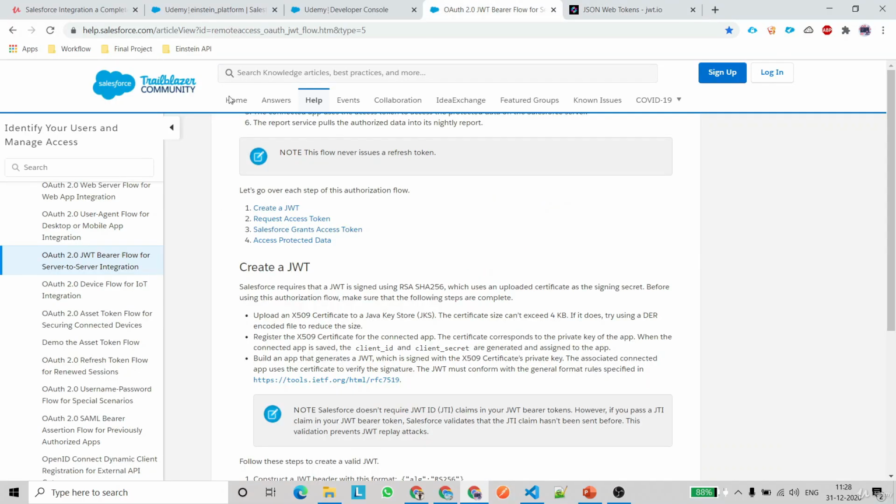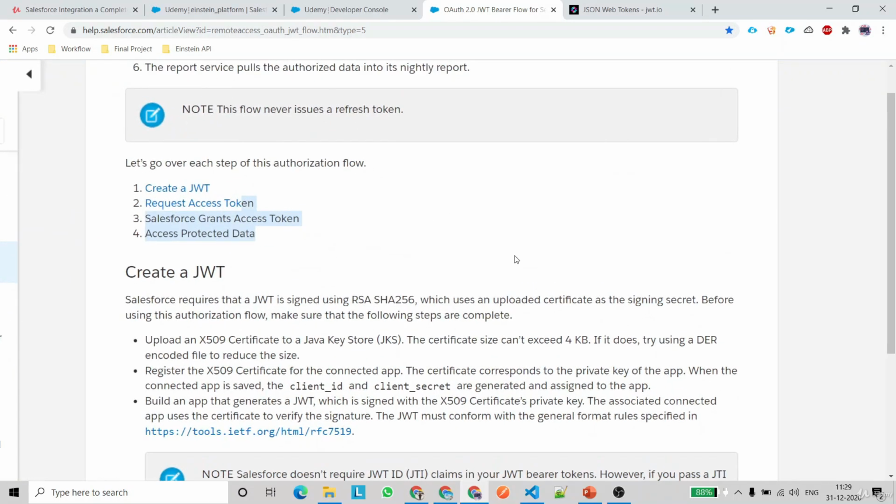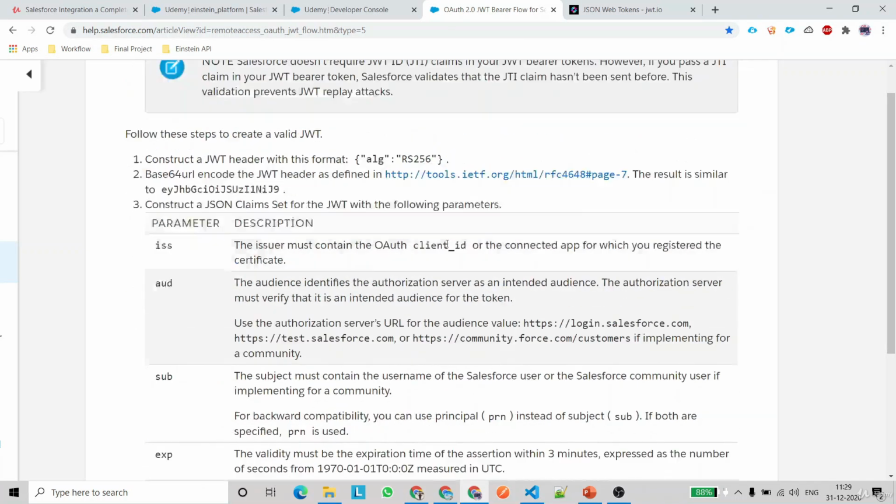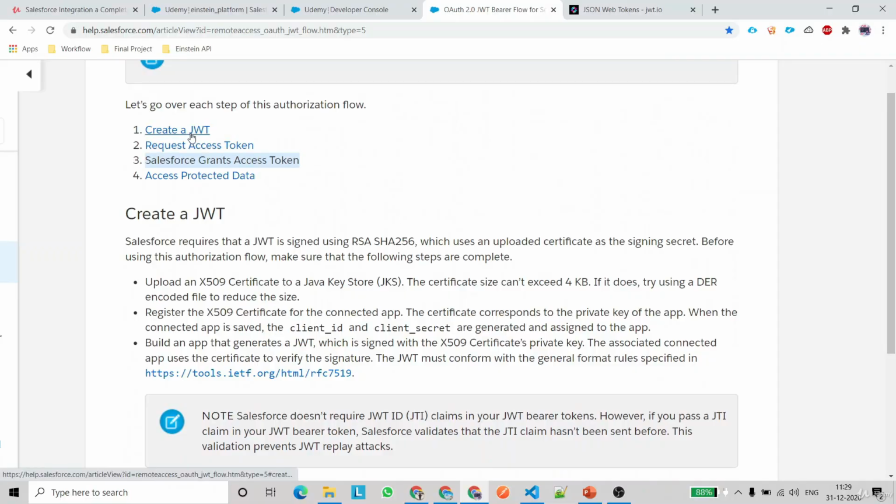This is the official help document which Salesforce provides, where we have got these four options. Let me quickly give it a zoom here. It is providing that first we need to create a JWT, then we need to request the access token, and then we will get the access token over here. We'll start one by one, number one, number two, and then we'll see how we actually implement this inside our Salesforce environment. If we talk about create a JWT,